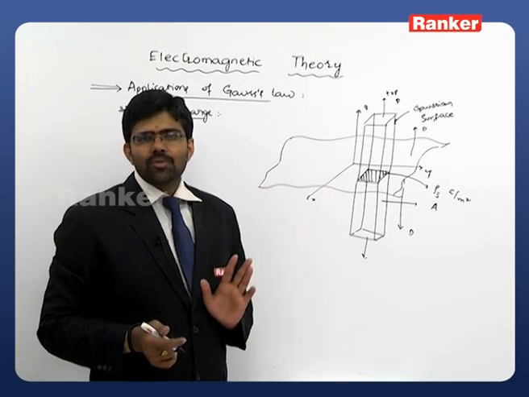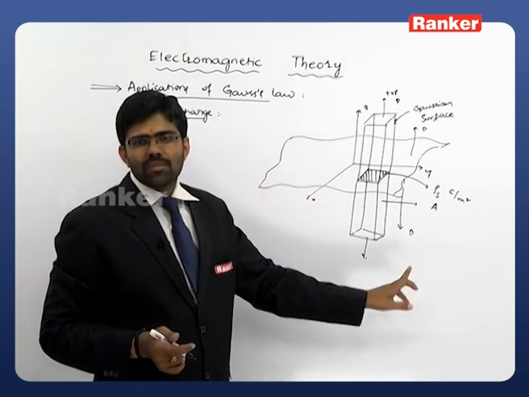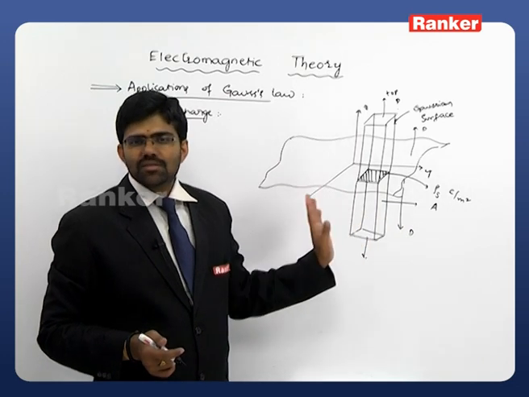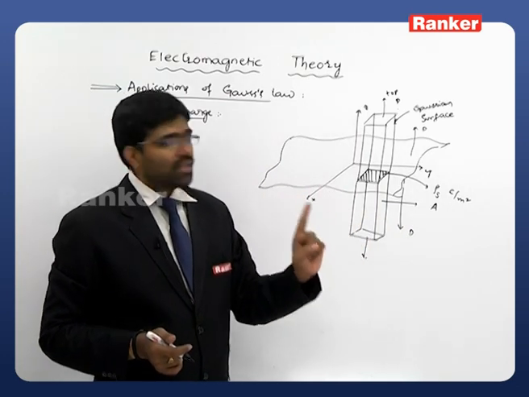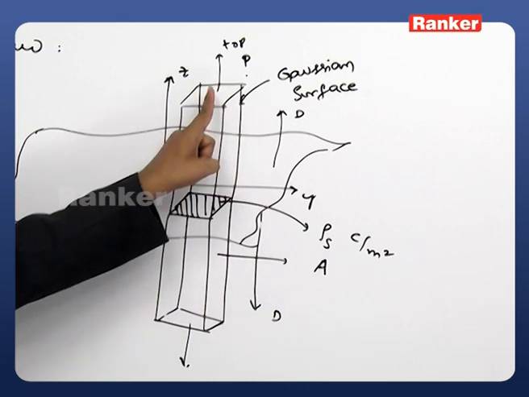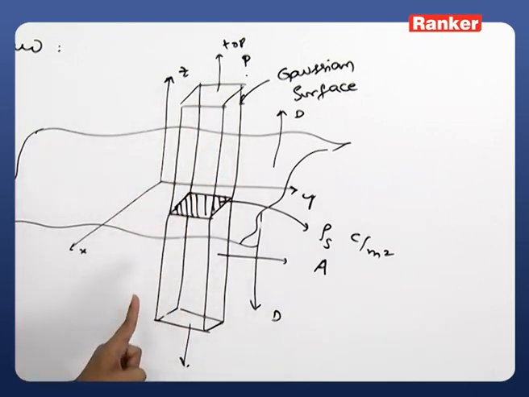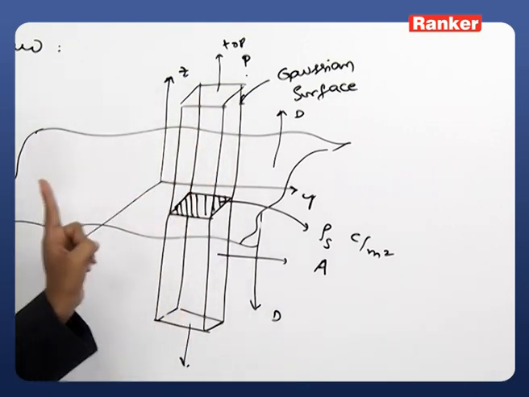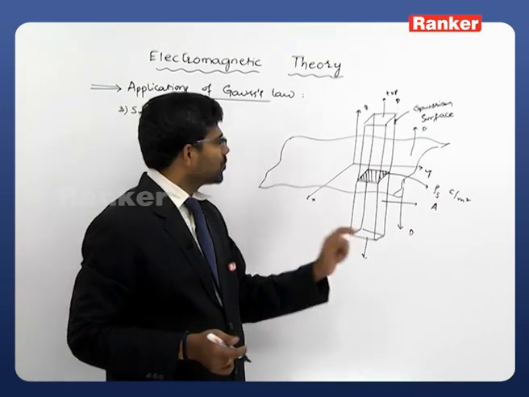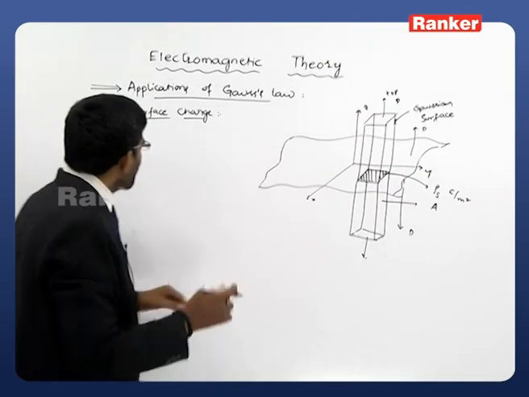Since they are perpendicular to D, when you take the dot product between them and D, obviously the result is 0. So clearly observe here, the D contribution will be from only top and bottom. It's not from the remaining 4 sides, right? So the Gaussian surface is over. So as our second step,